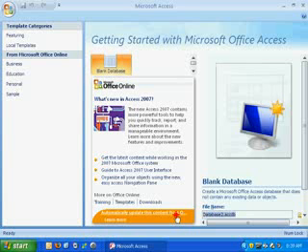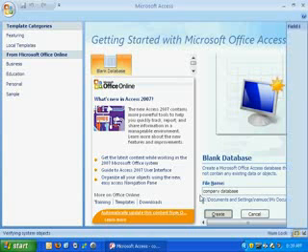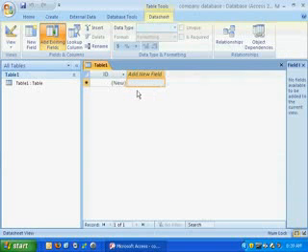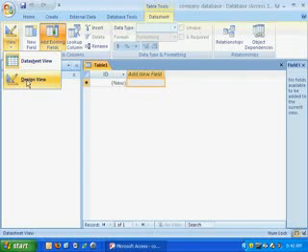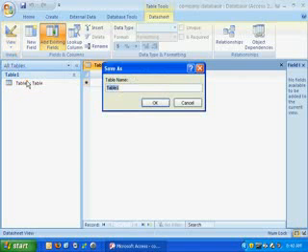Over on the right hand side, I'm going to give this a name. We'll call this Company Database, and then hit Create. Now what we'll do is we'll create our table in Design View. Okay, so in the upper left hand corner we'll hit Design View, prompt it to give it a name. We'll call this Products,